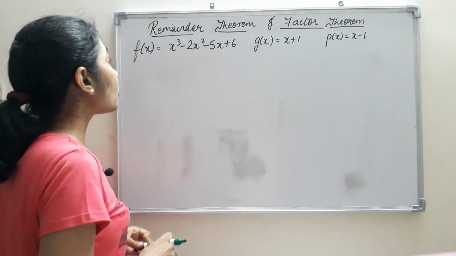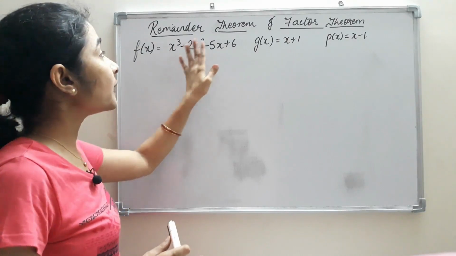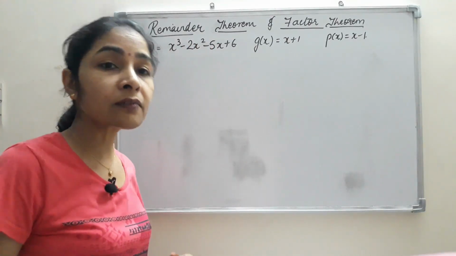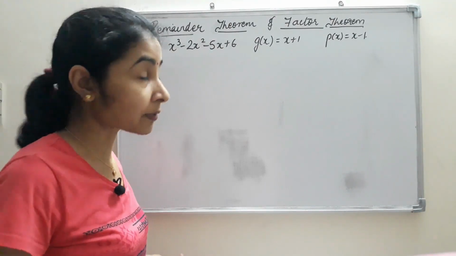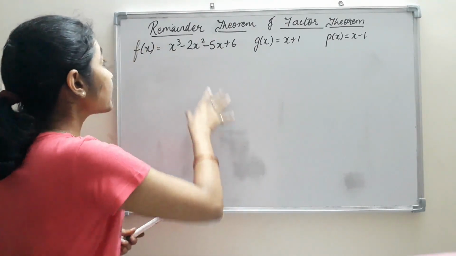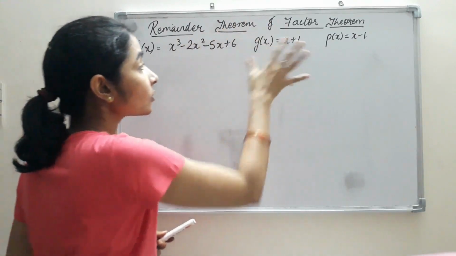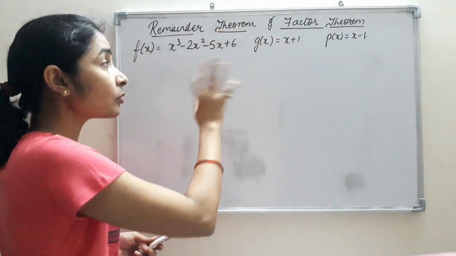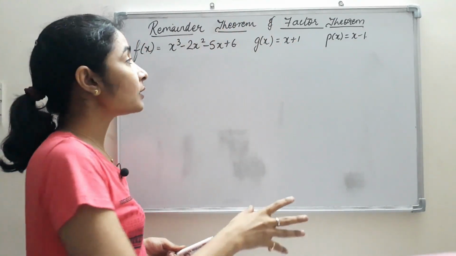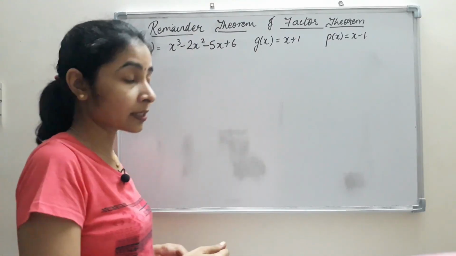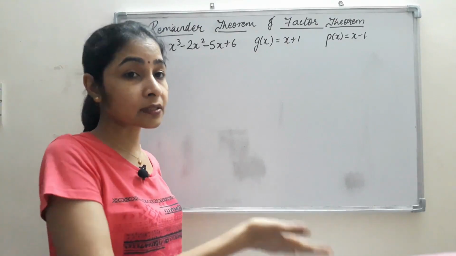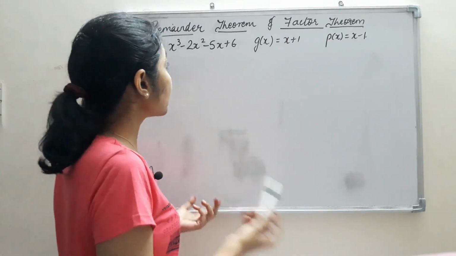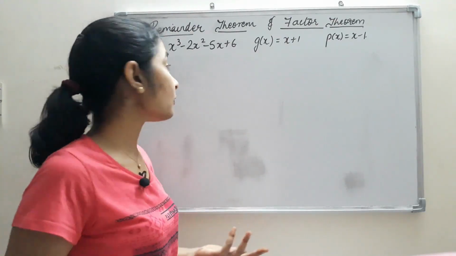Now in polynomials, there is a theorem, the remainder theorem, which helps us in finding out the remainder without actually dividing the two polynomials. That is why we are studying the remainder theorem and factor theorem here. They both are correlated, but the words are a bit twisted. As I said just now, when it divides completely, we say that it is a factor, and when not, then we say that it is not a factor.